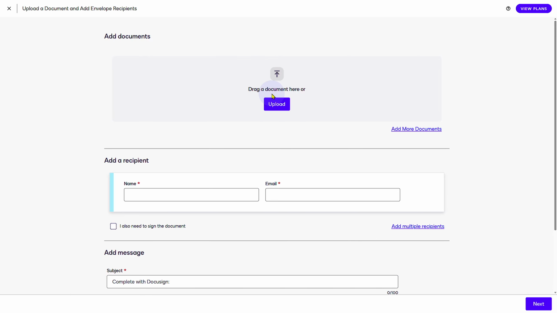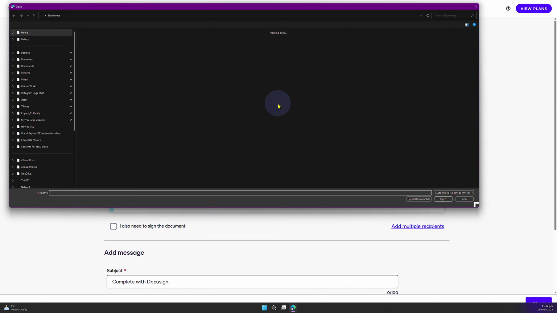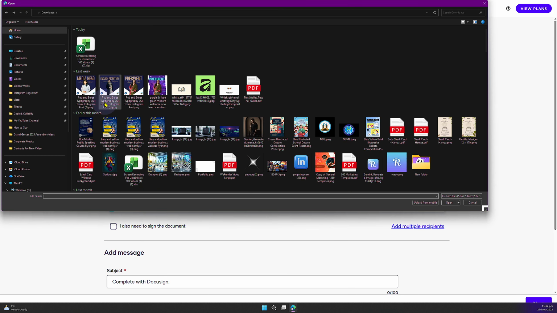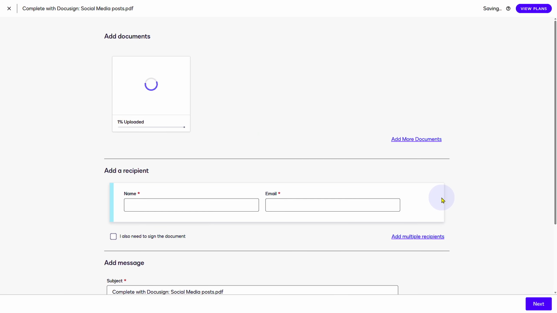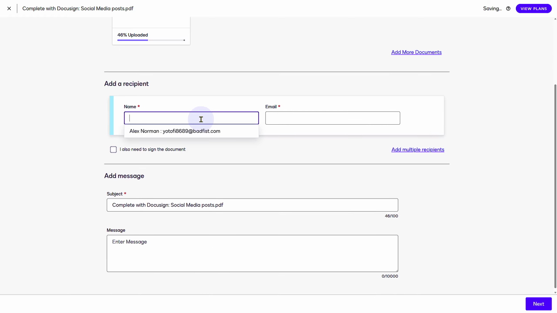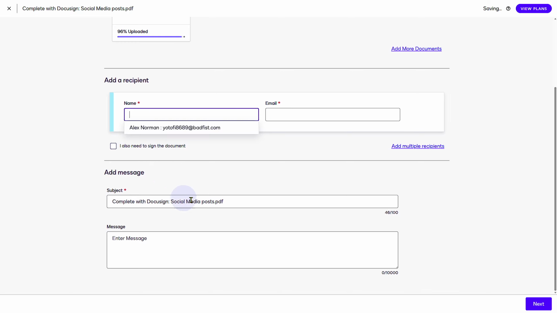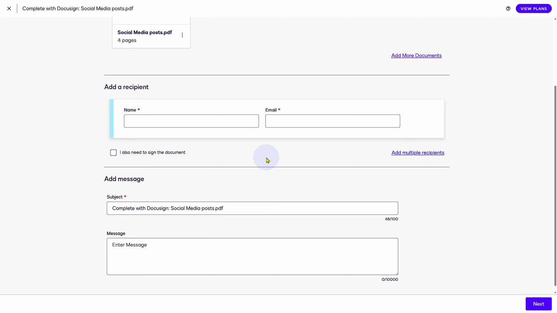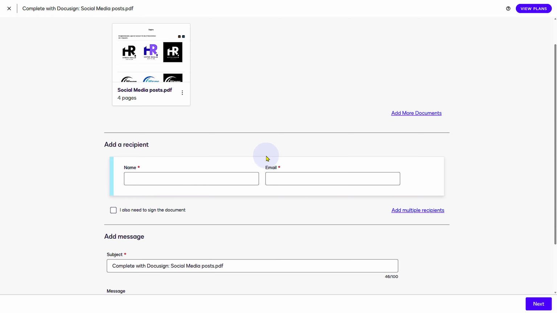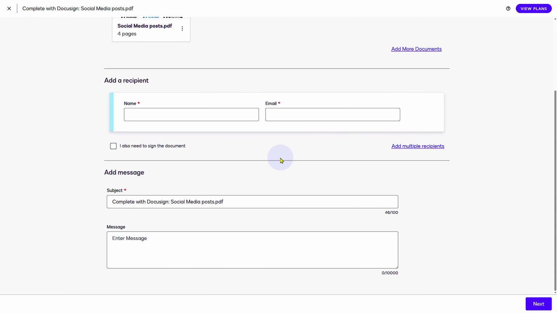Now what we need to do here is upload your document in here, and once you do that you will be able to see that we have multiple different options. So let me just upload one. Yeah, so I have uploaded a PDF. You need to add your recipients in here, and you can also add your custom messages and send it to anyone that you want. And basically this can help you use DocuSign for wholesaling and different other